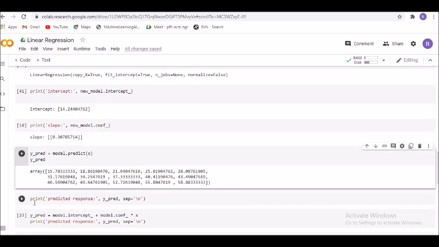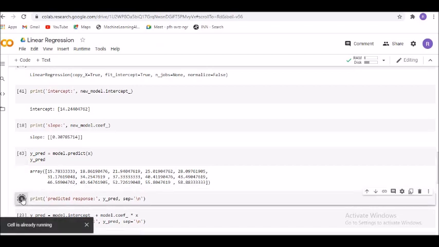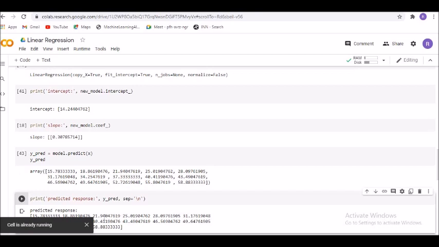If you have received these values, how are you going to predict the response? We will use .predict() with the round brackets, and we will not use any other wording here. So your first line of script would be: y_pred equals model.predict(x).